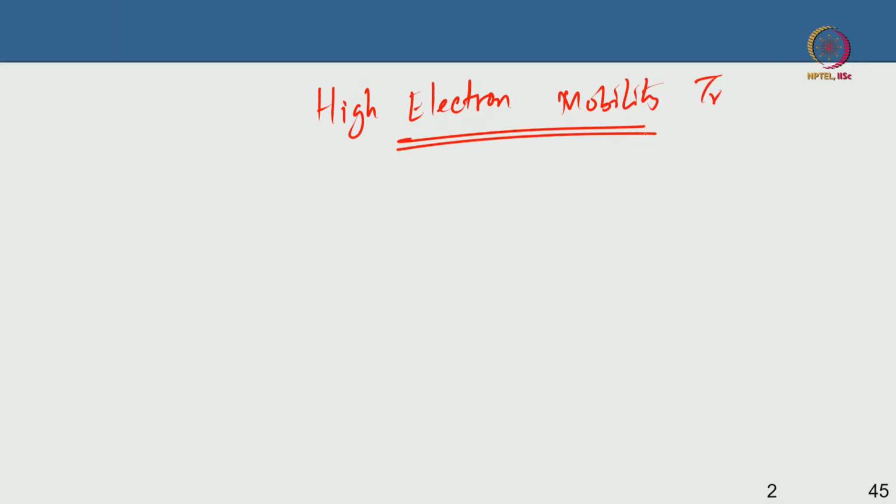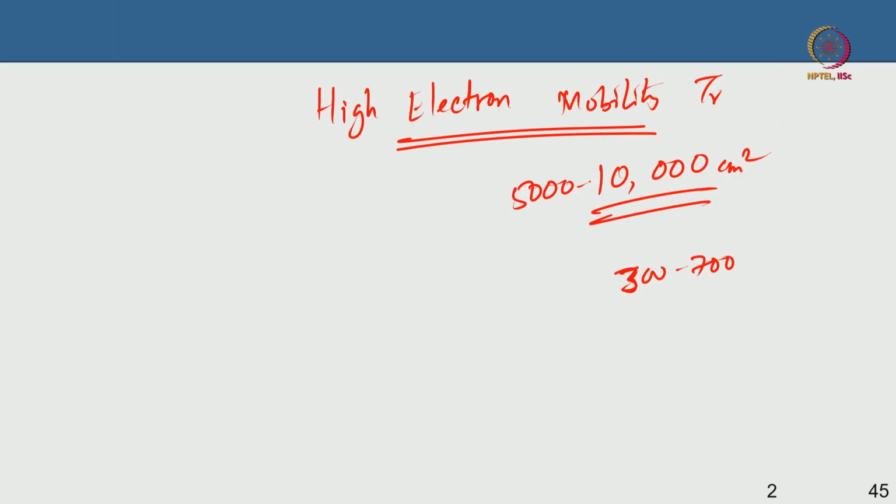When I say high, it could be 10,000 for instance, okay, it could be 10,000 at room temperature, whereas in silicon MOSFET the mobility is around 300 to 700. Gallium arsenide MOSFET may have little higher, but this is insanely high, 5,000 to 10,000 for instance, okay. So that is why it is called high electron mobility transistor or HEMT. Another name for HEMT is also MODFET in gallium arsenide system only, because you do something called modulation doping,